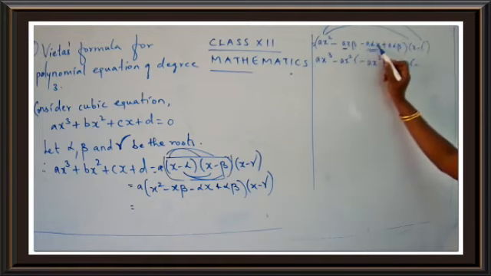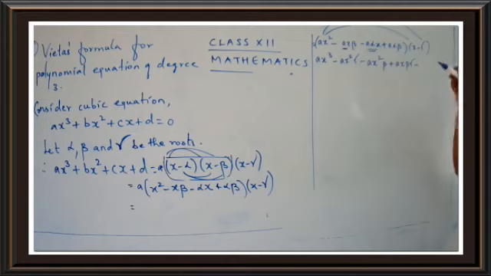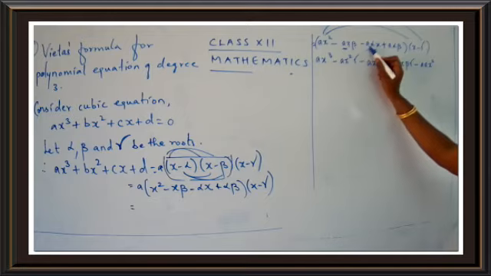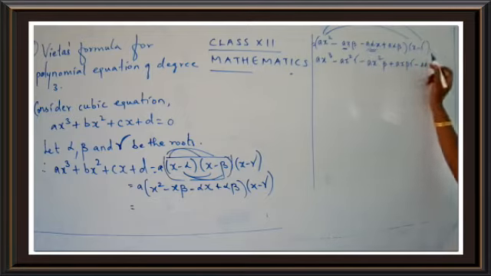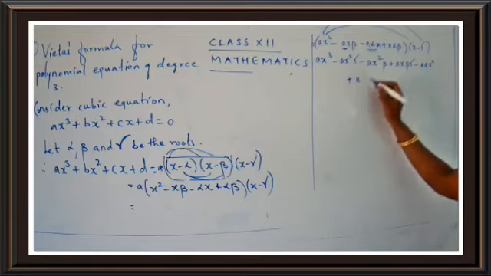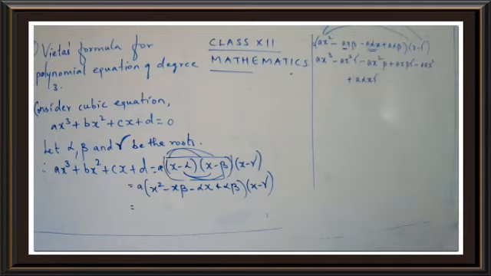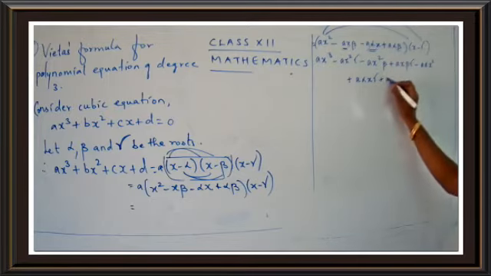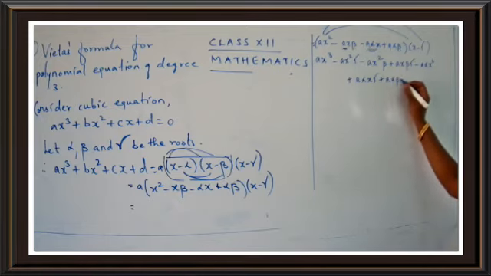A alpha x x. So x into x will be multiplied. So you get a alpha x square. Okay. Now let me go for the third term and gamma. So minus minus will give you plus. Okay. So a alpha x gamma. Now last term. So plus. So here no combination. A alpha beta x. You get a alpha beta x.